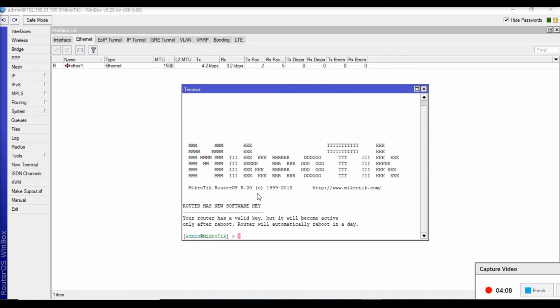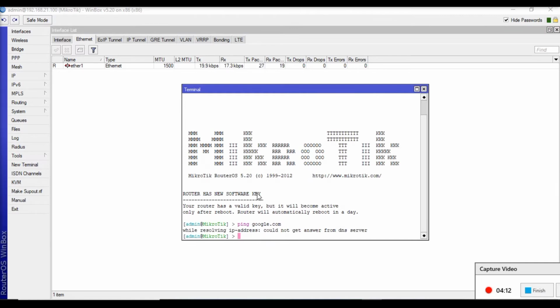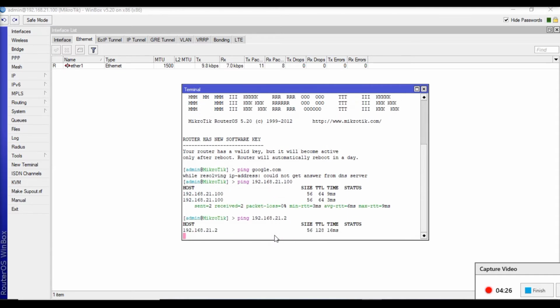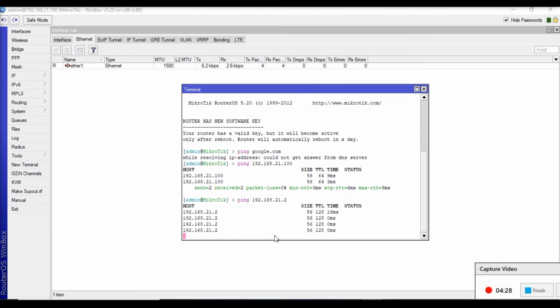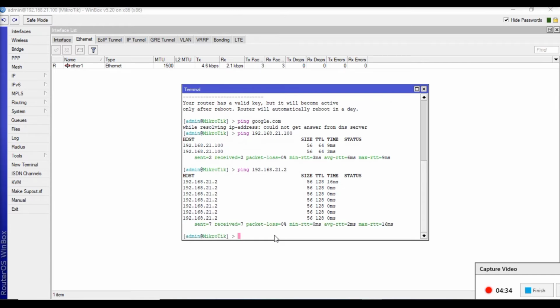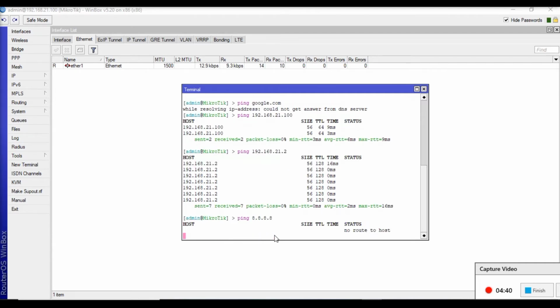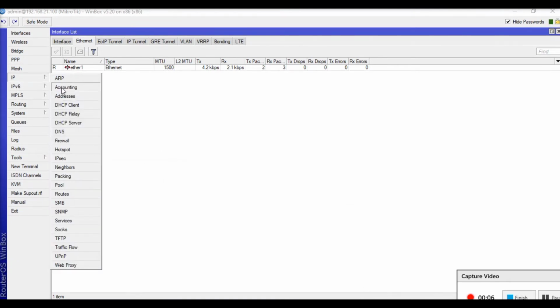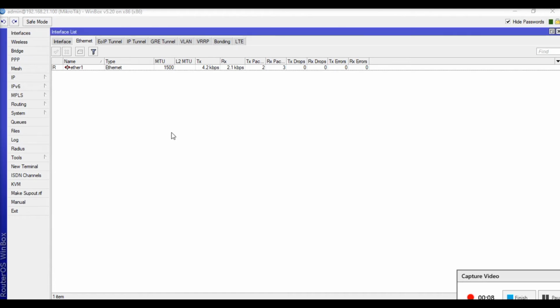Okay, let's try ping google.com. Oh, we cannot. Okay, let's try ping 192.168.21.100, we can ping our address. That's funny. Let's try the gateway. We can also ping the gateway, so let's try 8.8.8.8. No route to host. Okay, so we set up the IP address, that was step 1, and then we set up the DNS, that was step 2, and